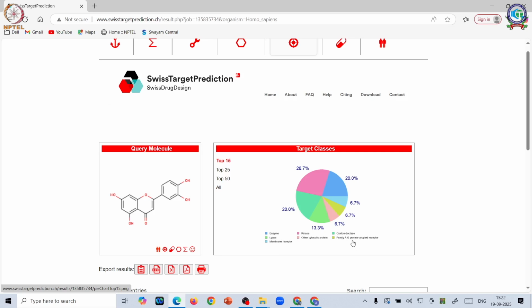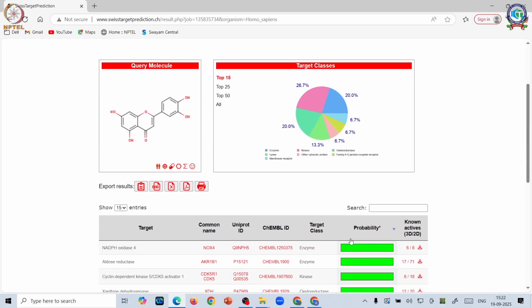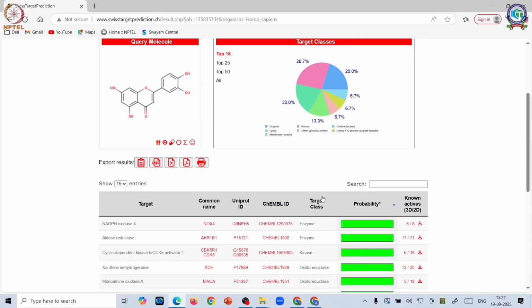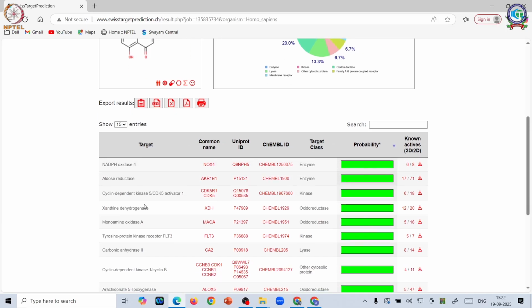Now many of these enzymes are involved in disease conditions, and as a result, the software gives you exactly that. You will see that it is actively interacting with NADPH oxidase 4, aldose reductase, cyclin dependent kinase, xanthine dehydrogenase and so on.